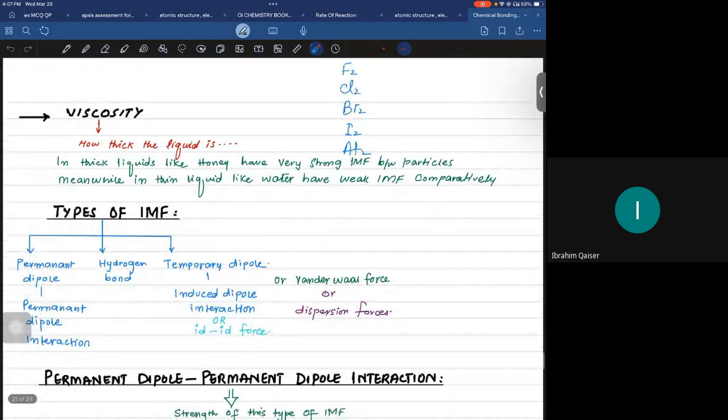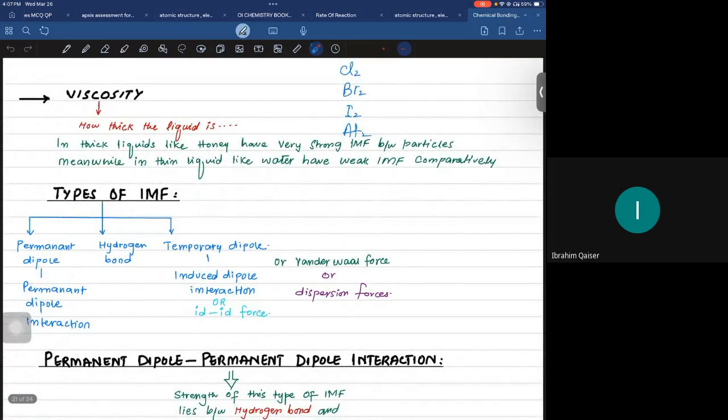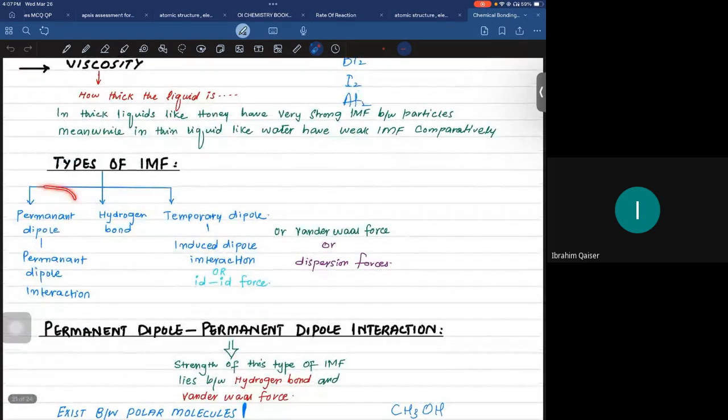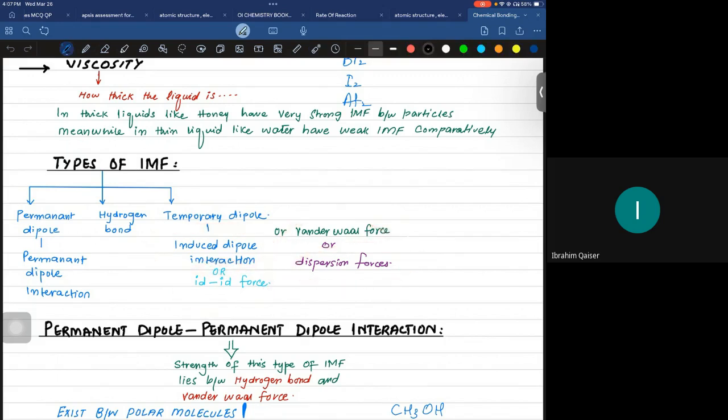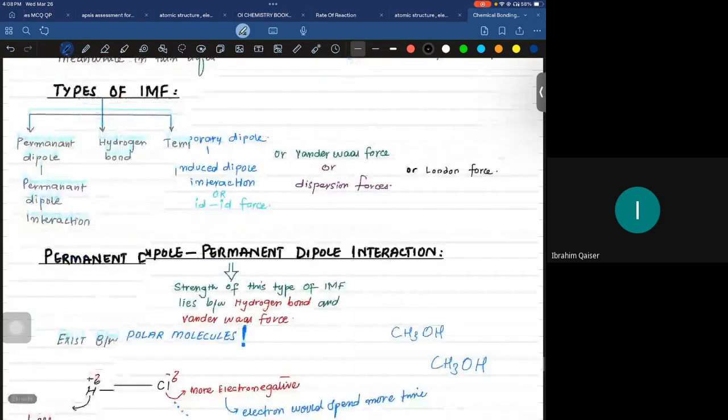So there are three types of intermolecular force of attraction. Number one, we have permanent dipole. Number two, we have hydrogen bonding. And number three, we have temporary dipole, which is also known as induced dipole or ID force, or you can say dispersion force, van der Waals force, or London force. So let's start with